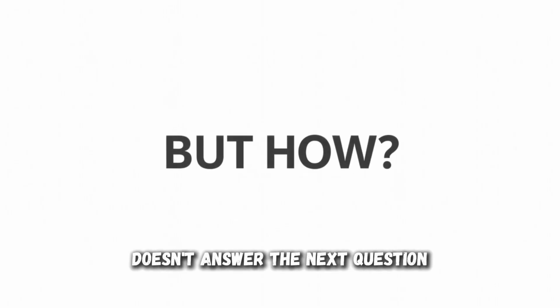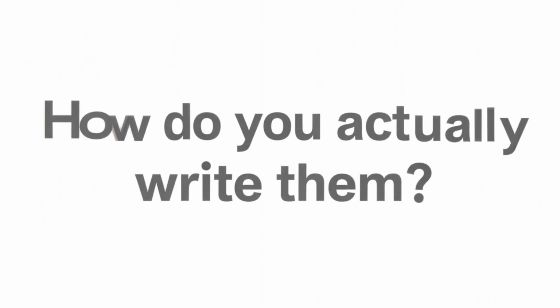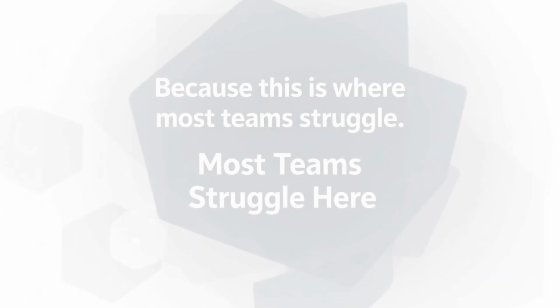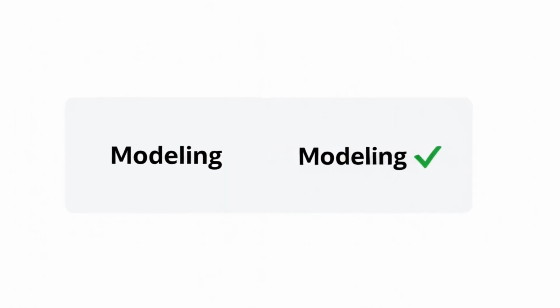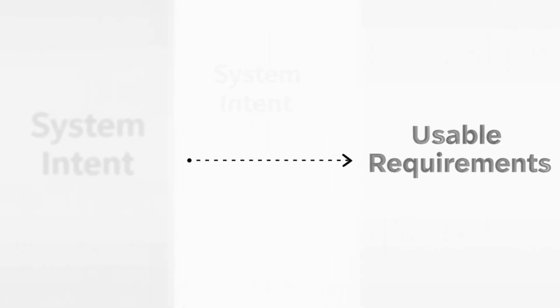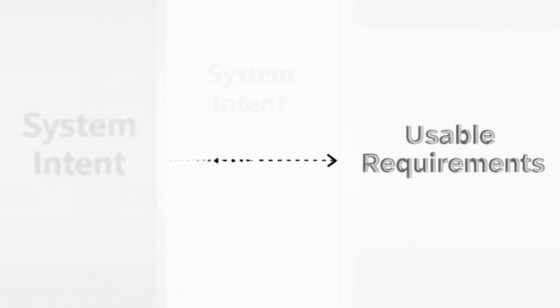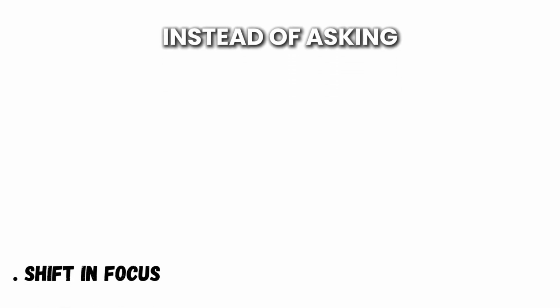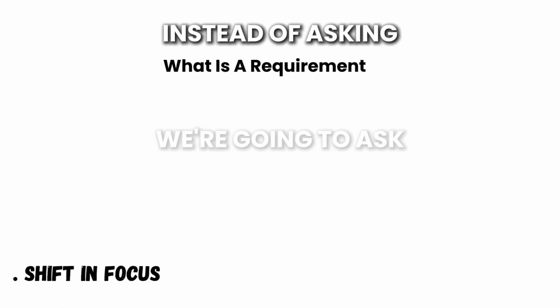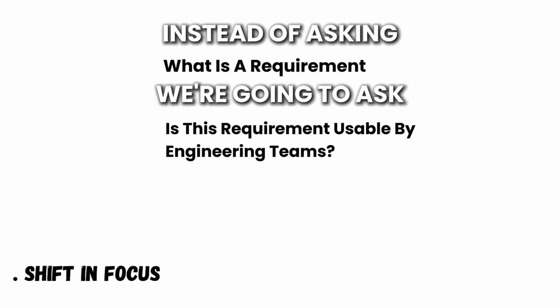Knowing that requirements are important doesn't answer the next question: how do you actually write them? Because this is where most teams struggle, not with tools, not with modeling, but with turning system intent into clear, usable requirements. Shifting focus. Instead of asking, what is a requirement, we're going to ask,